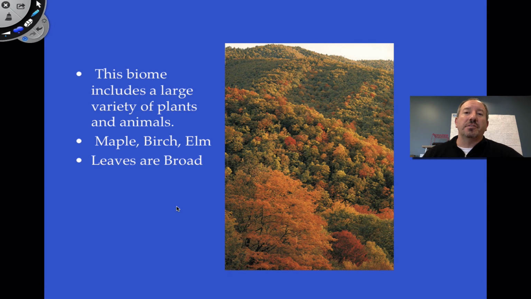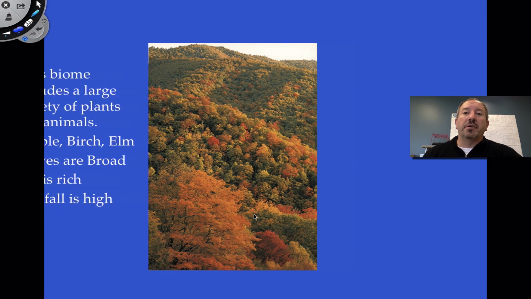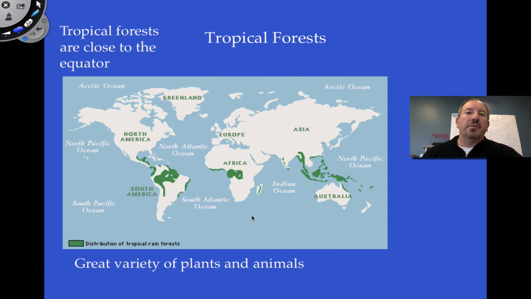Have you ever been to a deciduous forest? It's raining almost every day in the summer, and of course it's raining in the spring. And so there's no worry about lack of water in a deciduous forest. The soil is generally rich, rainfall is high, as I mentioned. And so this takes us to the tropical rainforest.